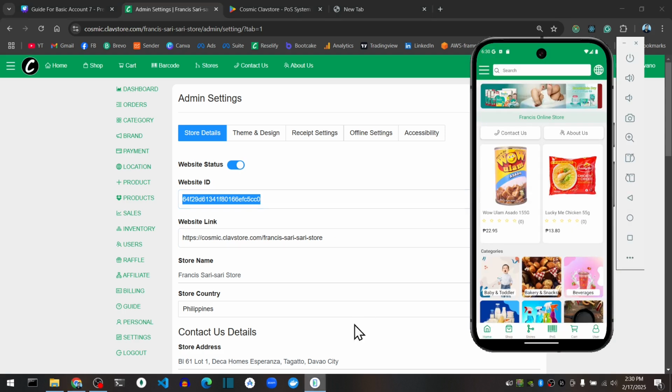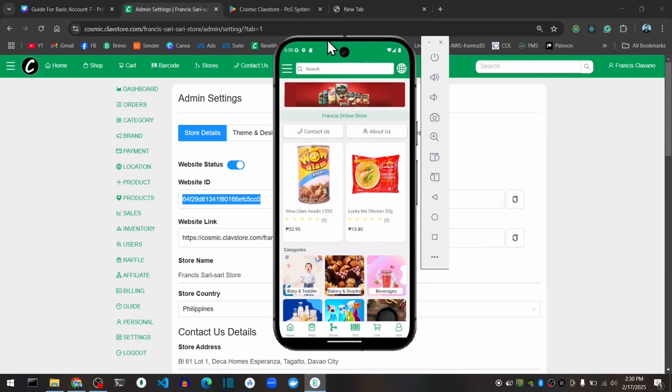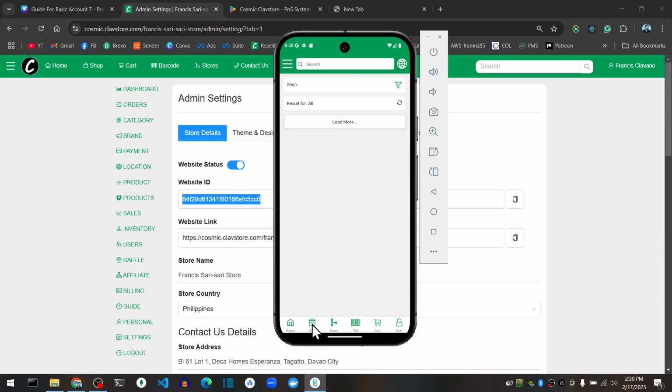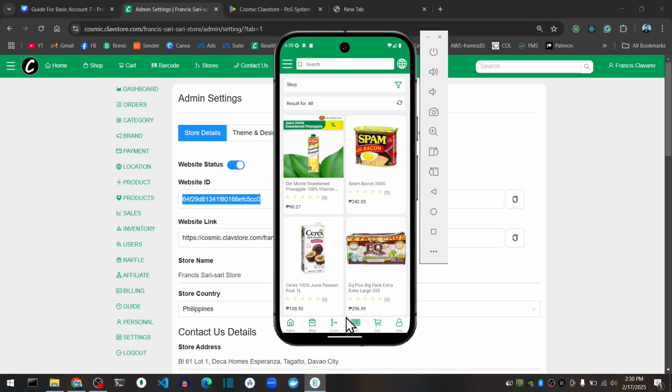On your customer's side, they're going to install the app like this. After they have installed it, they need to go to your online store by searching for it in the shop. In the store, rather.